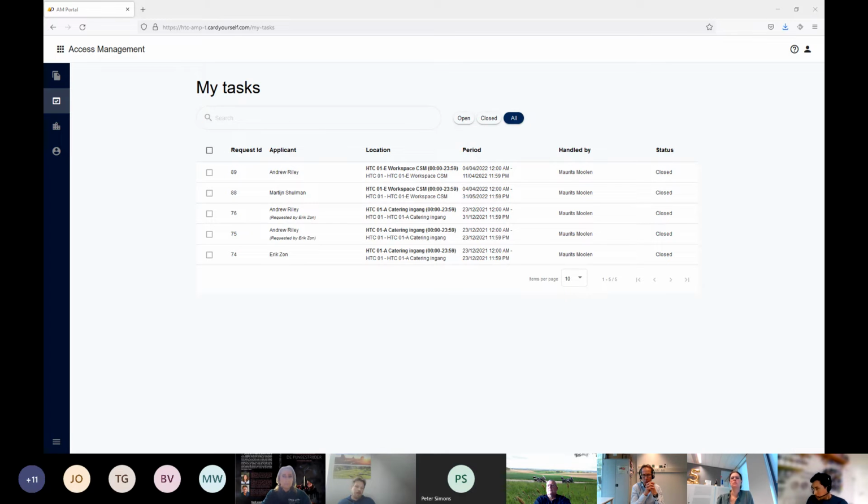No. So the plan is that, like I said, all the data from I think the second week of March was migrated to the new system. Since then, we've already started printing all the badges, with the same name and same picture, but on the new badge. The badge also has a new technology behind it. And I think the planning, as far as I'm aware right now, is that in the week after Easter there will be an email sent out